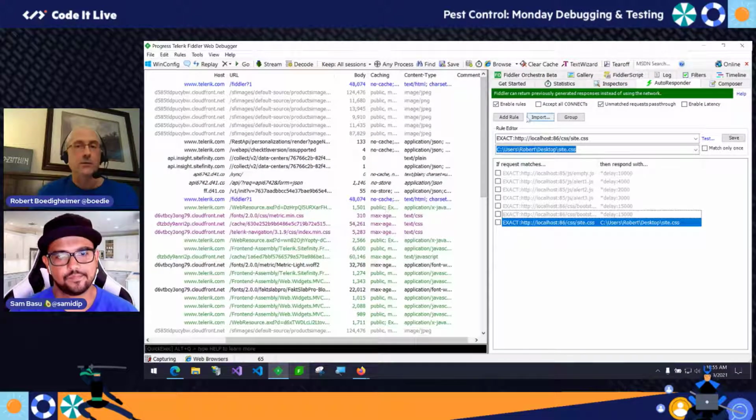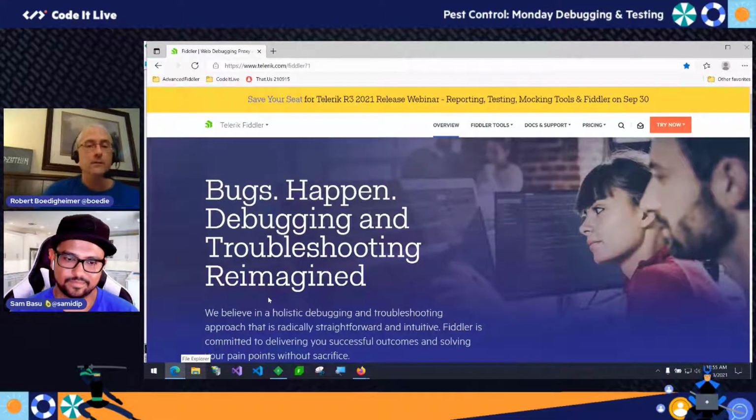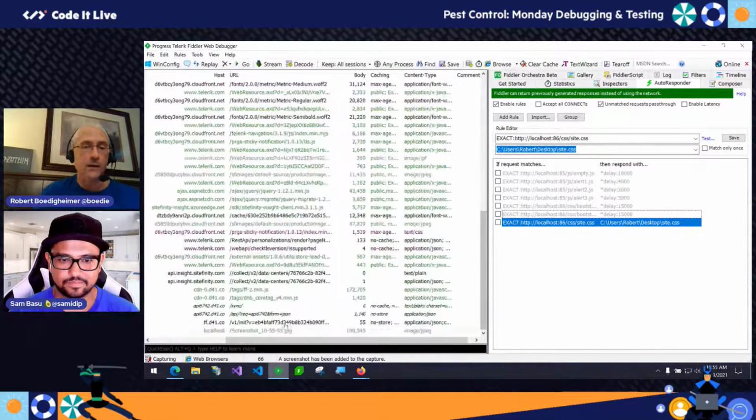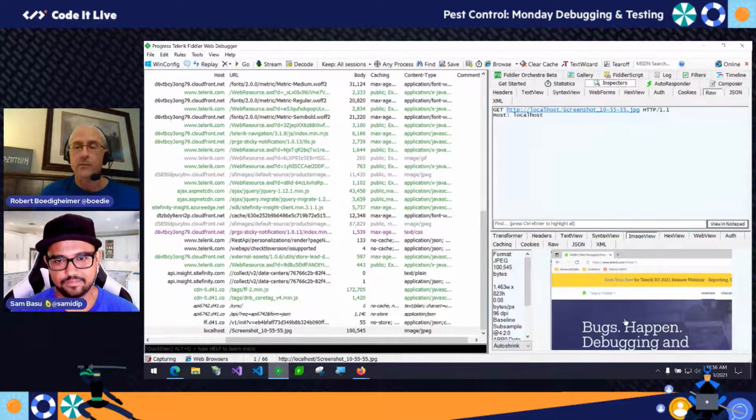Another cool thing is screenshots. So I know this never happens to you, but somebody says, the page didn't work. And you're like, well, what didn't work? And well, it didn't look right. While you're doing a trace, you can hit this screenshot and you get a little timer. I can go back and it'll click. It just told me it took the picture. It will embed that screenshot in the capture. So now when somebody sends this to me, I can look at the inspector and see exactly what happened. Not only do I have the whole request, I get to see what they saw, which is cool. Interesting.